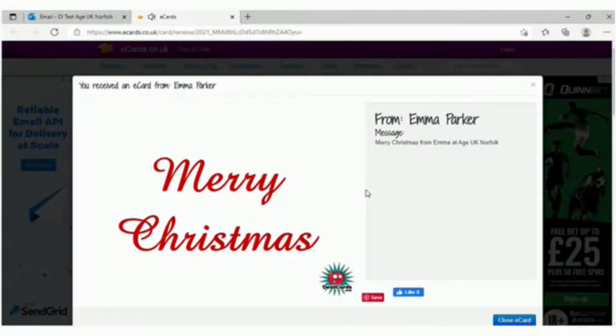And that is how you send a Christmas e-card for free to your loved ones. Remember, there are many websites that you can use to send your e-cards, and so the steps to send them may vary from what I've shown you here. Also, please be aware that there are many scams about asking you to click onto links, so be sure you know who that link has come from before you open it.